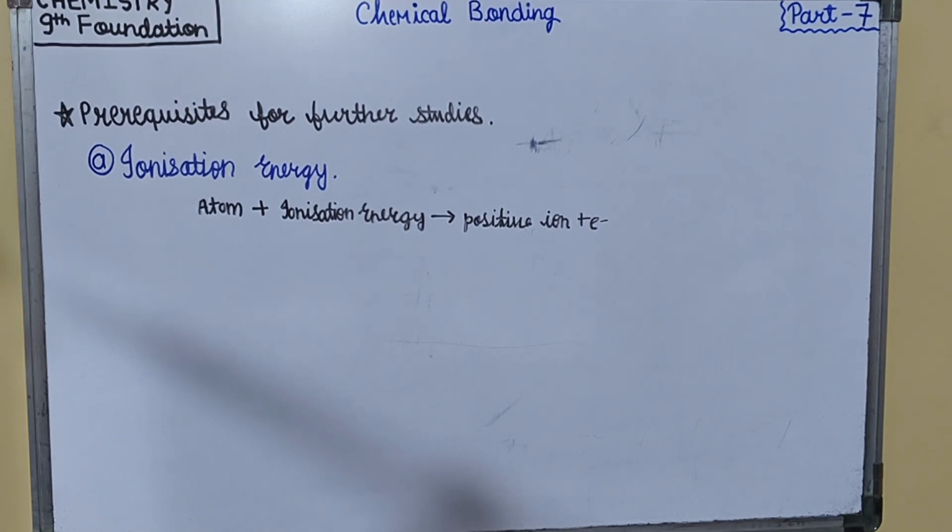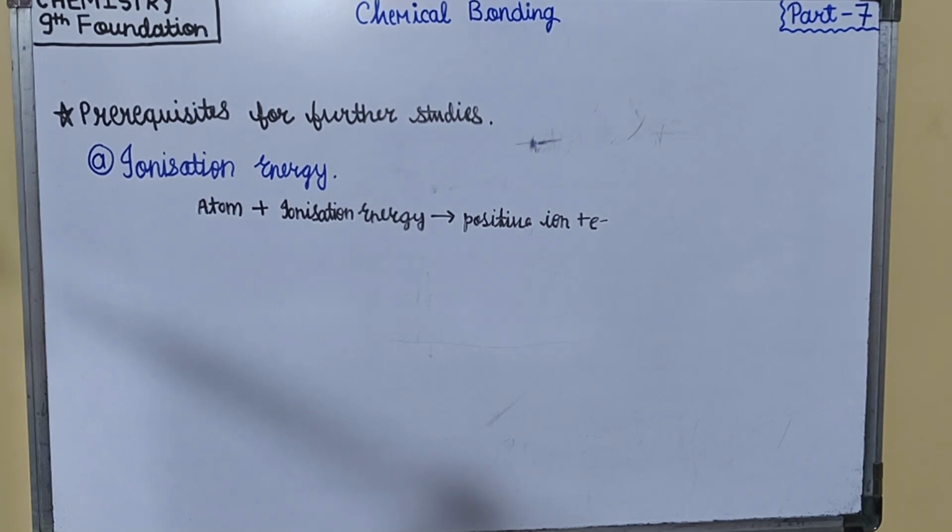I'll repeat, the energy required by an atom to remove its outermost electron is called ionization energy or ionization potential. Significance: ionization energy is the measure of how firmly the outermost electrons are held to an atom. The higher the ionization energy, the more firmly the outermost electrons are held to the atom. It is difficult to remove electrons from such atoms. If the ionization energy is less, the electrons are held less firmly and the atom can lose them more easily.